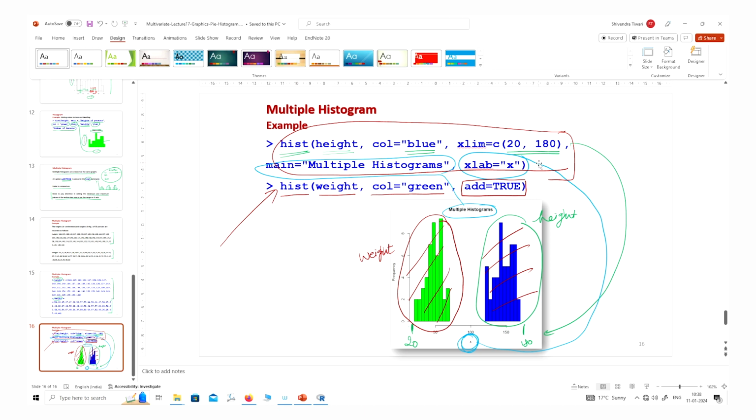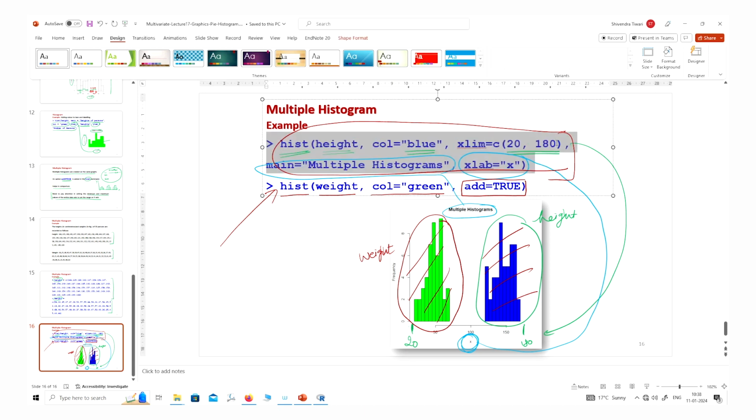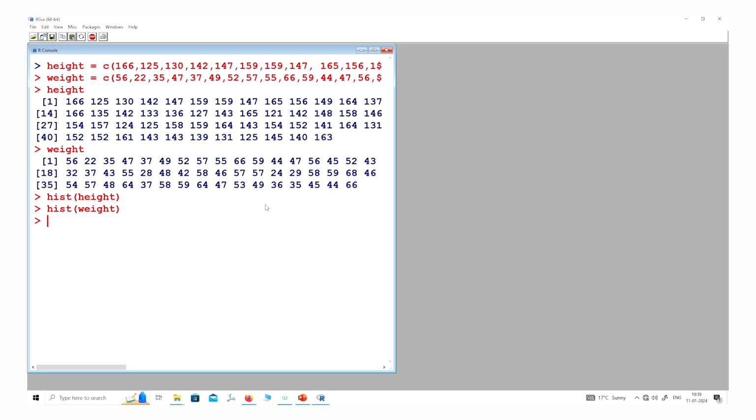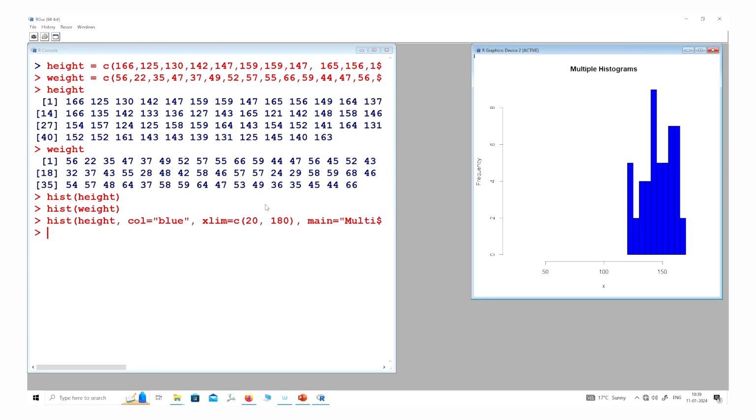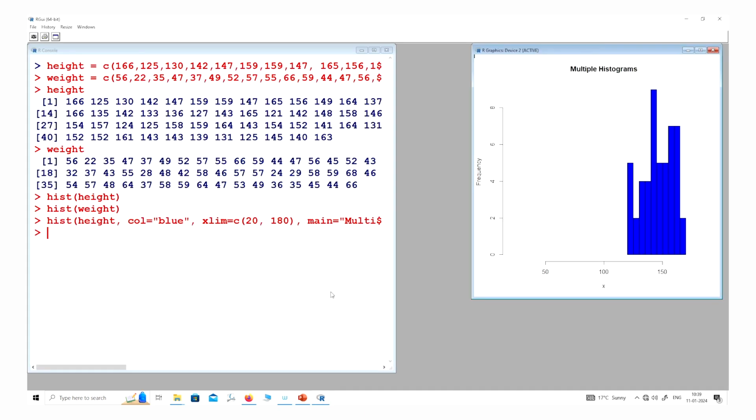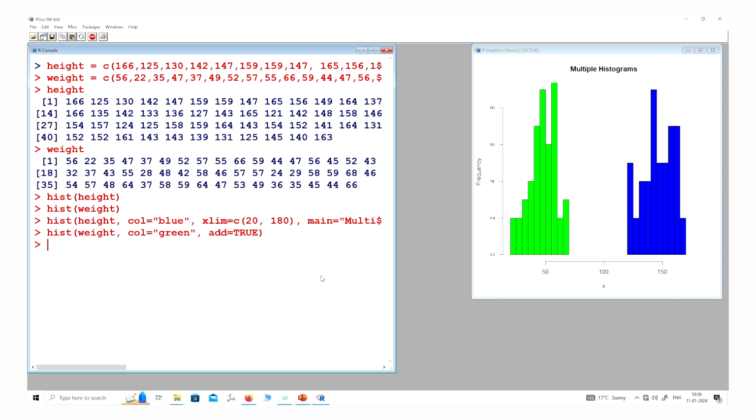So, first I am copying only the first command, right, so that you can see how I am doing it. Now let me remove this thing, and if I run this command, you can see only the first histogram on height is created. Now I use the second command. The command is the same, only I have to add add is equal to true,